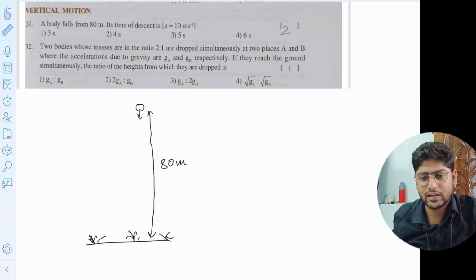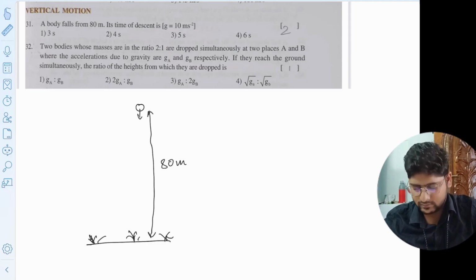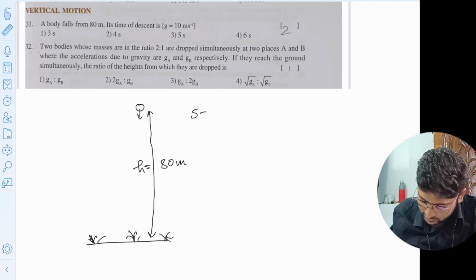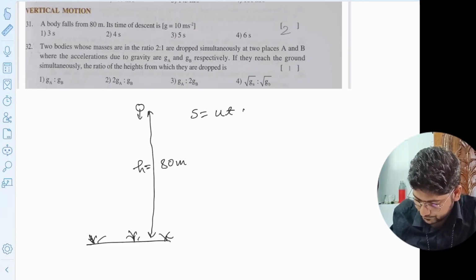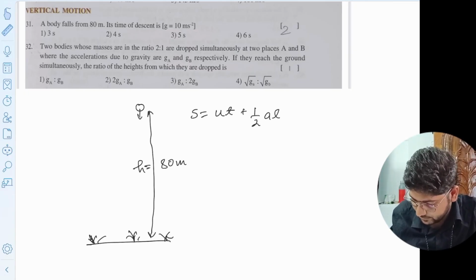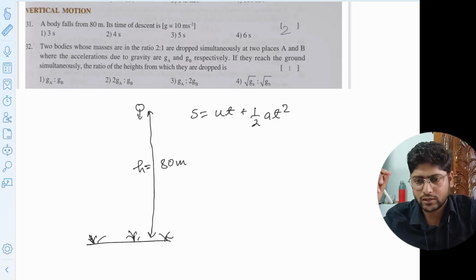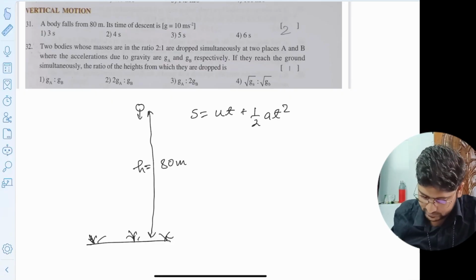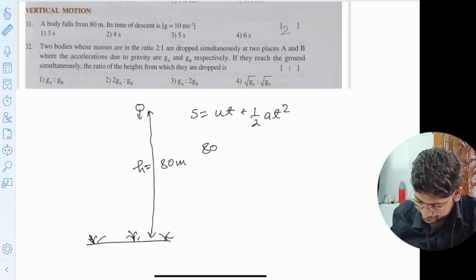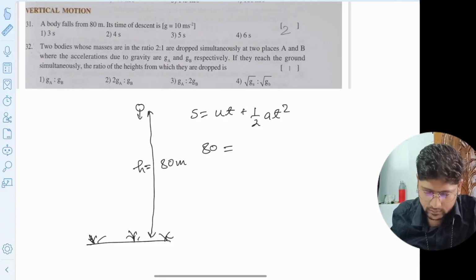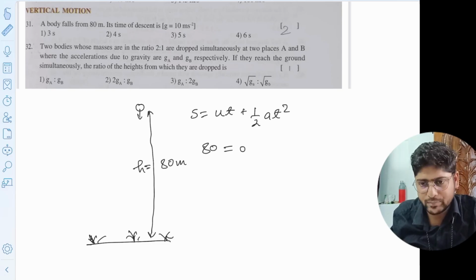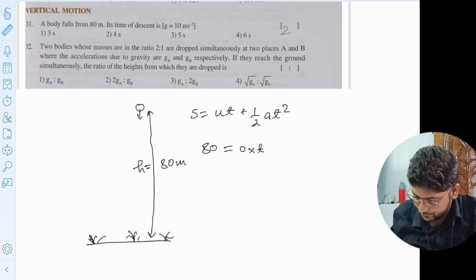So which formula can we apply? 80 meters is our distance, in other words our height. One formula is s equals ut plus half at square, and we have to calculate our time. So distance, or height, is 80 equals ut plus half at square. When it falls, it falls from rest only. So the initial velocity will be 0, into time, plus